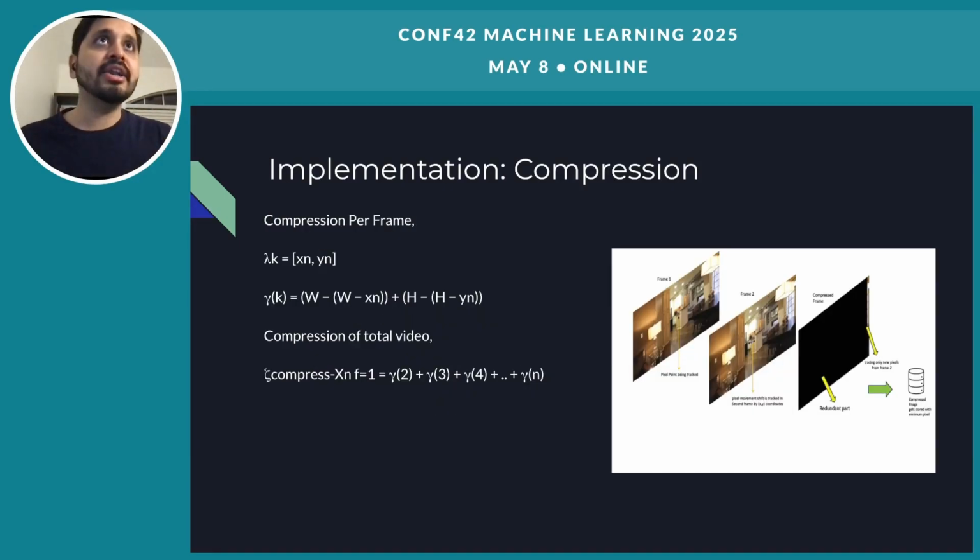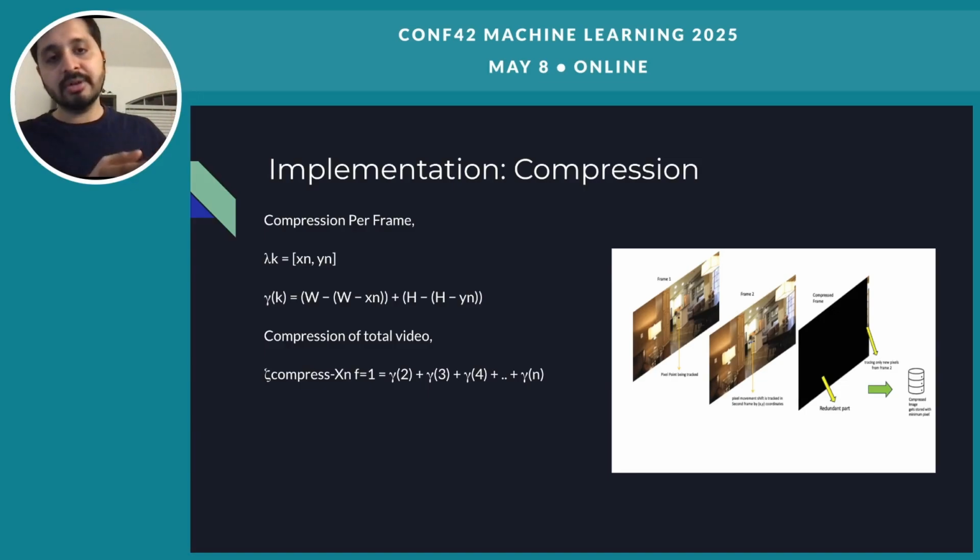To just give a quick idea of how that looks, in frame 1 we can see that this is the complete image. And in frame 2, what's happening is it has moved a few pixels to the right. So when we are trying to do the compression, the second frame won't look like how we see in the second picture over here. Rather, it would look like the third picture in the image, where it nullifies all of the redundant pixels and stores only the non-redundant pixels in the storage for the second frame.